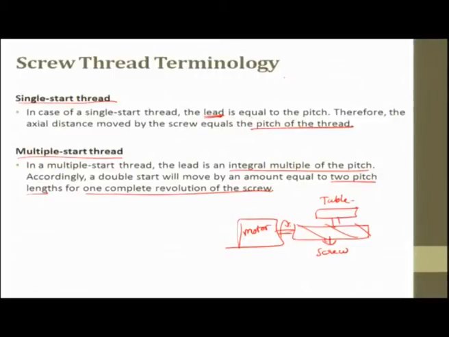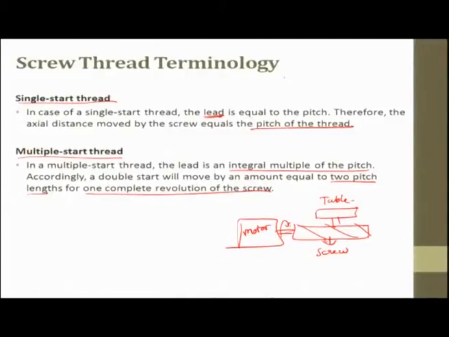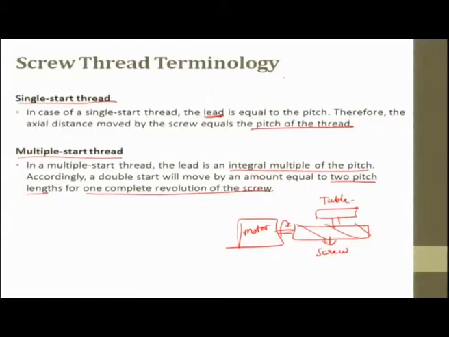So, you can also have double start, and generally on top of a lid and a bottle, they will always have a multiple start. So, you can fasten just by rotating half a turn, you can lock the bottle. So, we will always have a multiple start thread in a plastic bottle with a lid, and single start is generally in a nut and bolt. For special applications you can also have multiple start threads. Please understand there is a difference between single start and multiple starts.